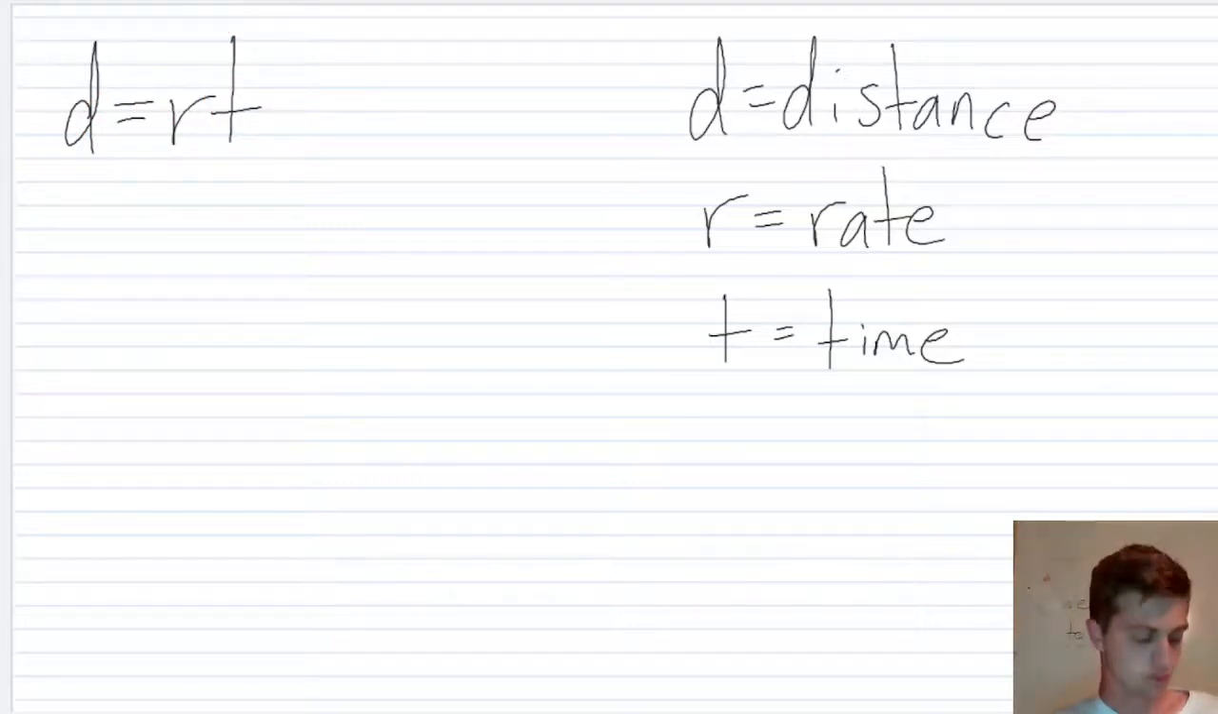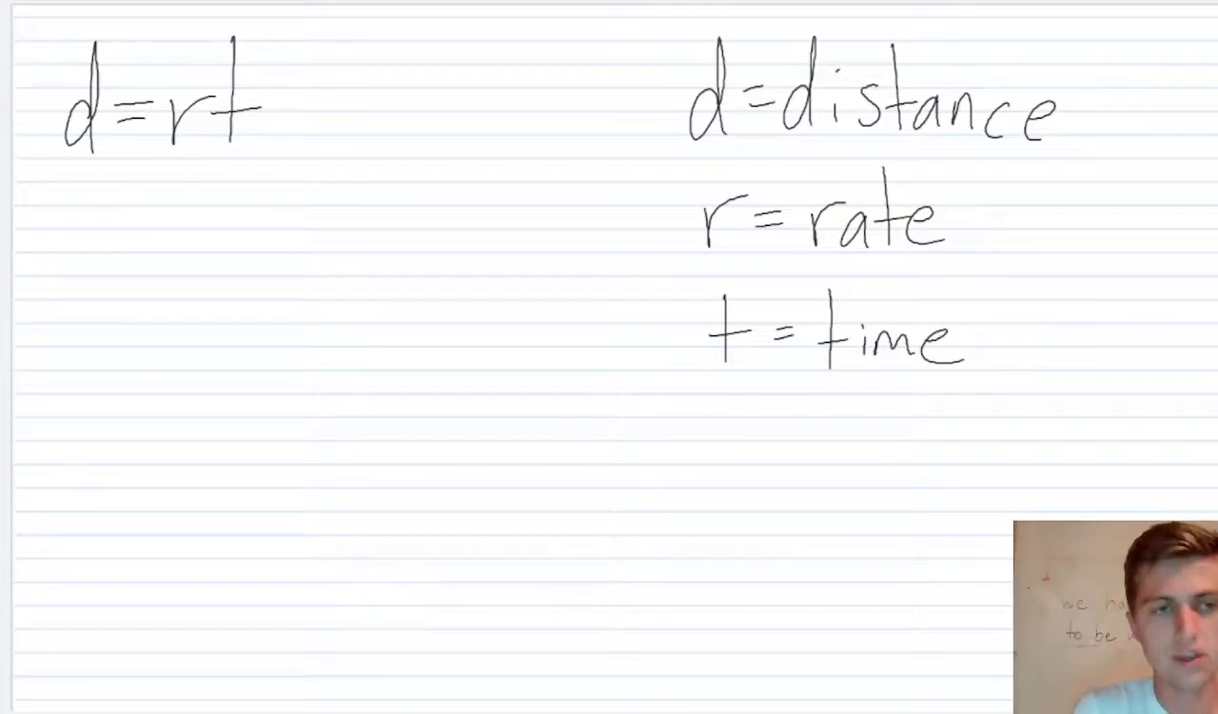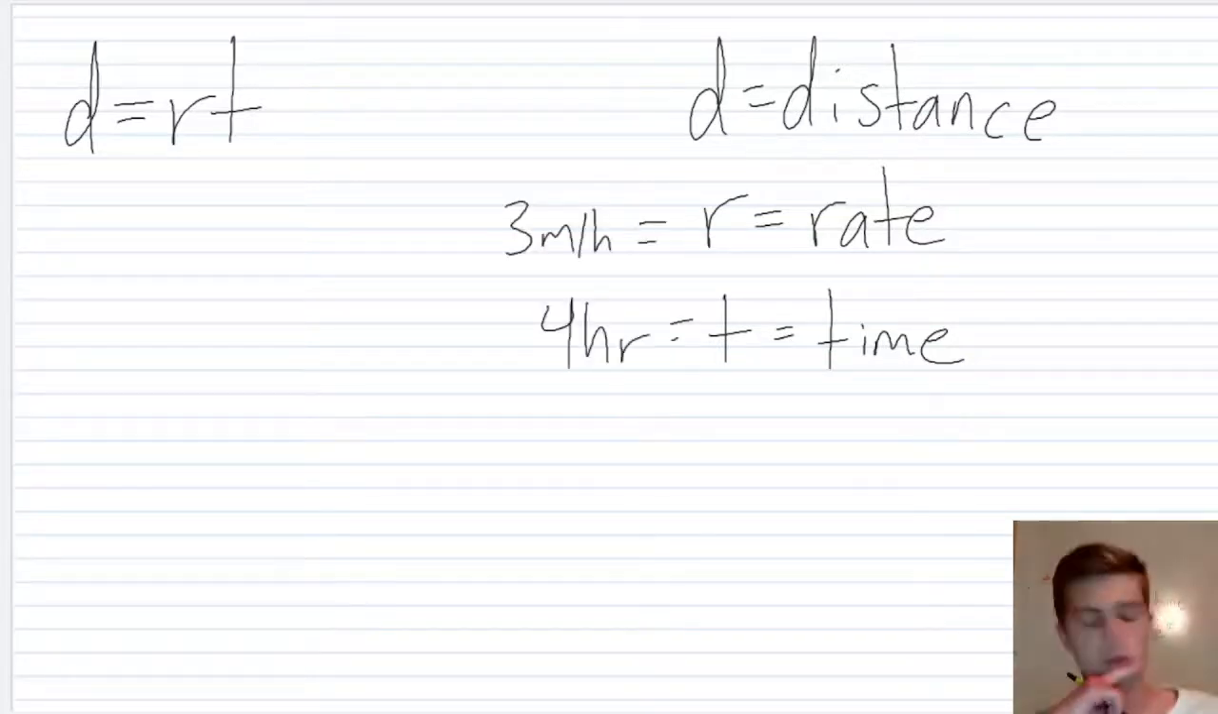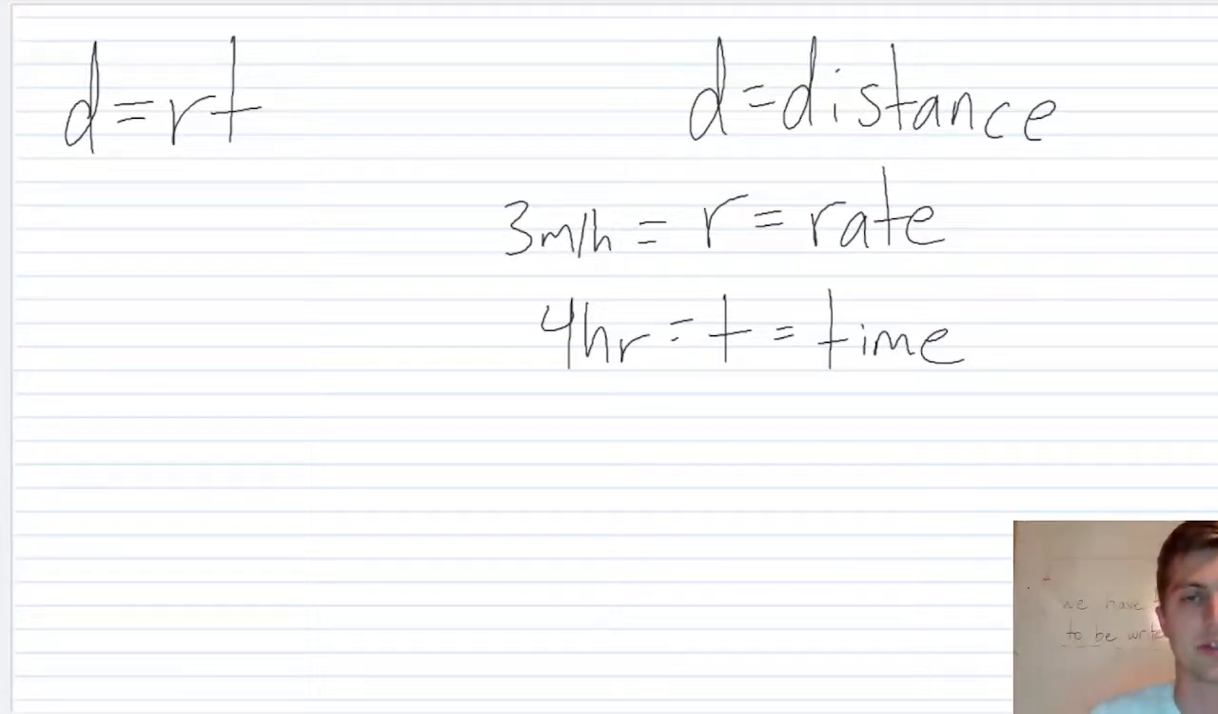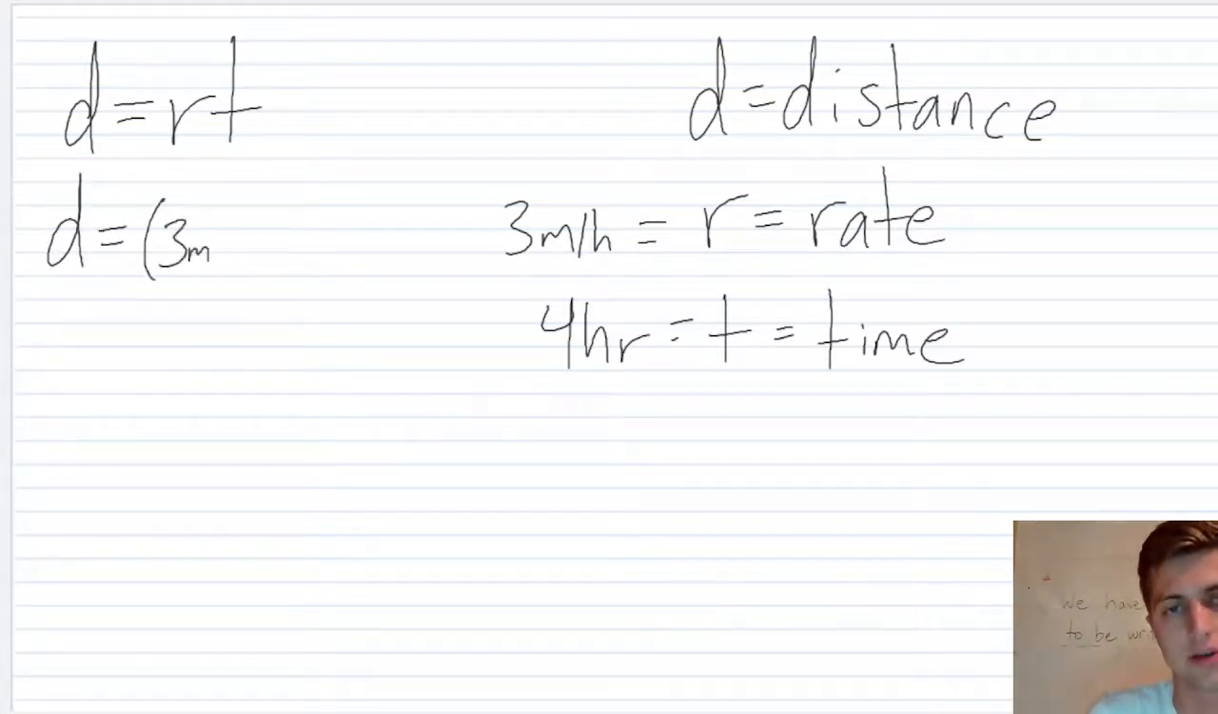Now, how is that helpful? Well, let's say we have a rate, for example, 3 miles per hour, and we have a time of 4 hours. So what do we do when we have values for our variables and we need to put them in? We call it substitution. So we have a value for R, we have a value for T, so let's rewrite everything. D, we don't have anything for D yet. We have something for R, 3 miles per hour. T equals